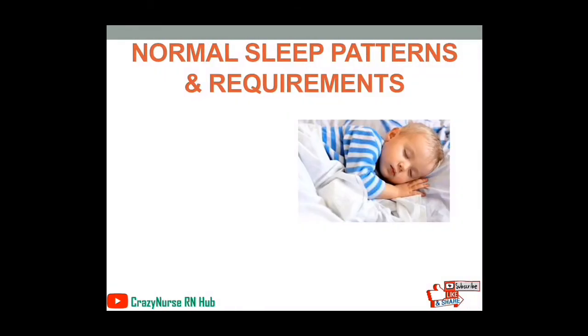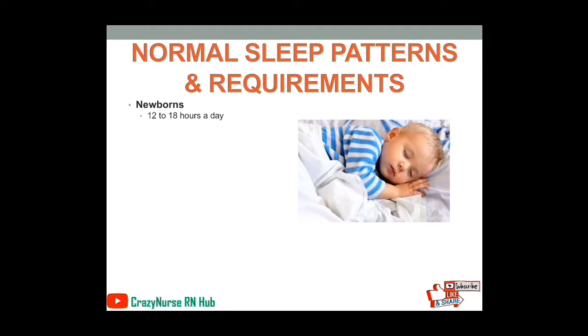For normal sleep patterns and requirements, although it used to be believed that maintaining a regular sleep or wake rhythm is more important than the number of hours actually slept, recent research has shown that sleep deprivation is associated with significant cognitive and health problems. Although re-establishing the sleep or wake rhythm is important, it is appropriate to allow and encourage daytime napping in hospitalized clients. For newborns, it is recommended that